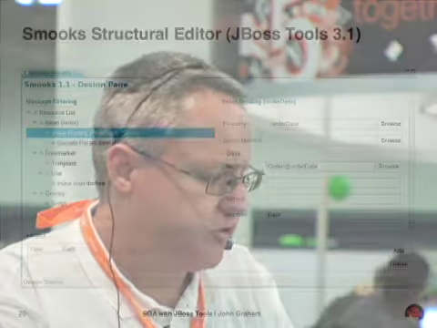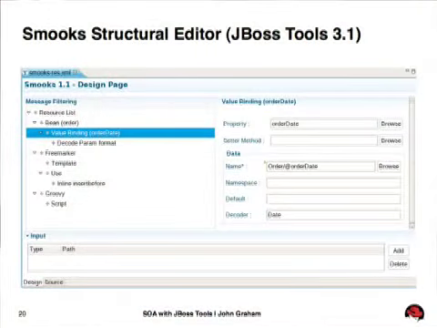Well, Smooks has a configuration file, and guess what? It's written in XML, right? As most things tend to be these days. And we have this editor, what we call the Smooks structural editor, which is very similar to the JBoss ESB editor in JBoss Tools 3. This is not in JBoss Tools 3, but you can go and download the alpha versions of JBoss Tools 3.1, and you'll find that this editor is very, very nice. It's very, very useful. It has a lot of context-sensitive help, wizards, and so on to help you along in